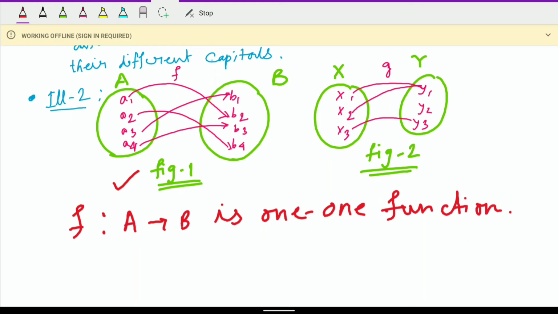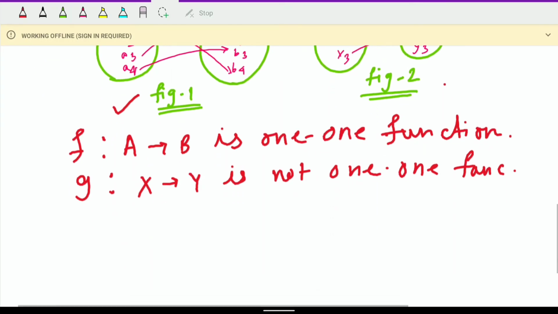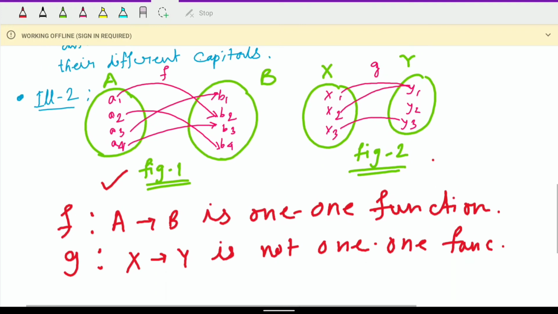But g is not a 1-1 function. Why? Because g, which maps x to y, is not a 1-1 function. Now what is the reason behind it? So the reason is, see here, two distinct elements, that is x1 and x2, have the same image under function g. Okay, these two distinct elements, x1 and x2, have the same image,